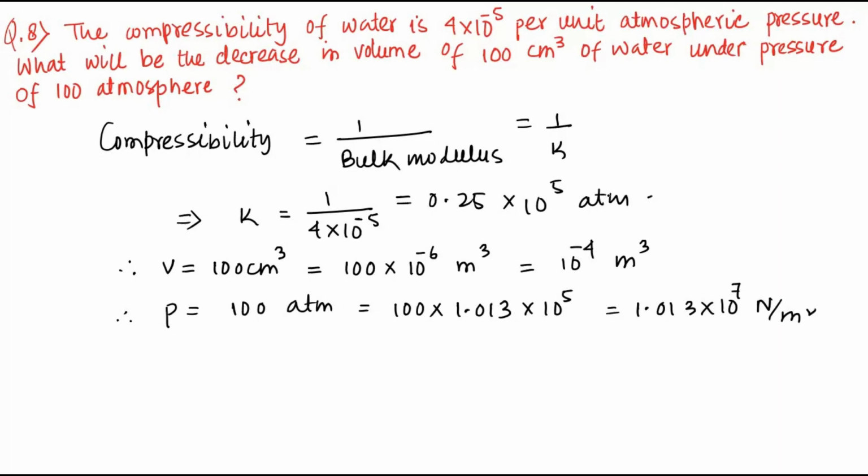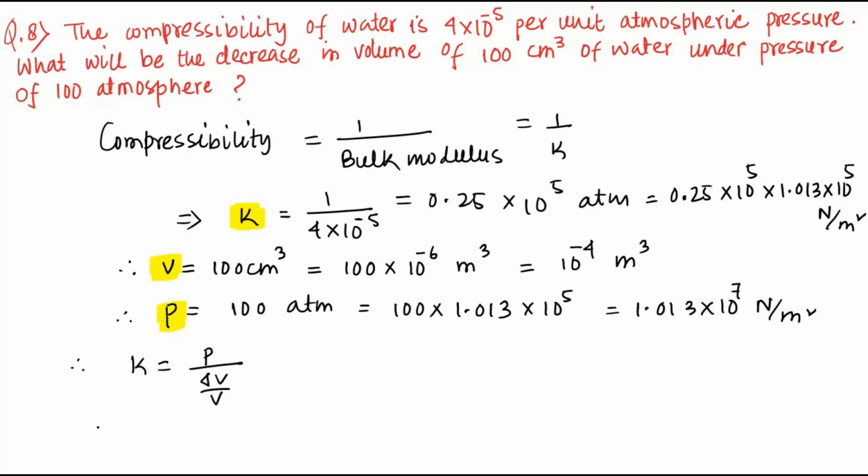Here also we have to convert this atm into Newton per meter square. So K is 0.25 into 10 to the power 5 into 1.013 into 10 to the power 5 Newton per meter square. So here we have the value of K, we have the value of volume, we have the value of P. So from the formula we know that K is equal to P divided by delta V by V. So from here delta V is equal to PV by K. So P is 1.013 into 10 to the power 7, V is 10 to the power minus 4 and K is